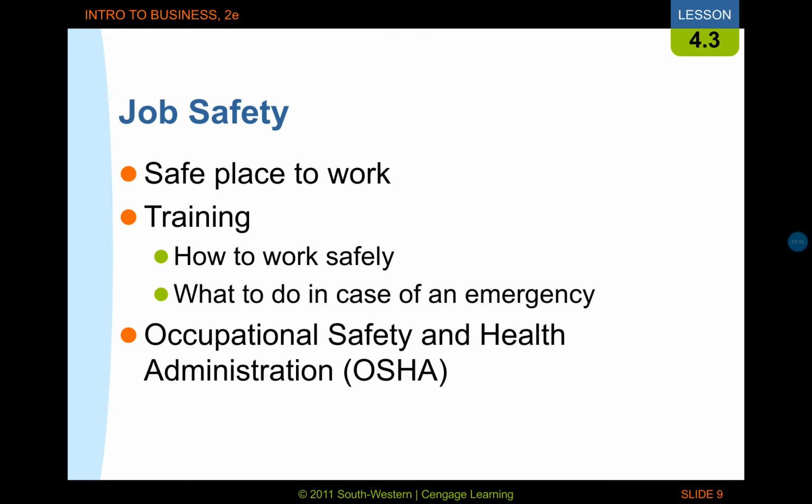There's also the Occupational Safety and Health Administration. It's often referred to as OSHA. It's a government agency that sets and regulates and enforces the safety standards for businesses. And also they need to provide health and wellness. So an example of that is a lot of companies sometimes sponsor seminars to promote proper exercising and eating a healthy and balanced diet to their employees.